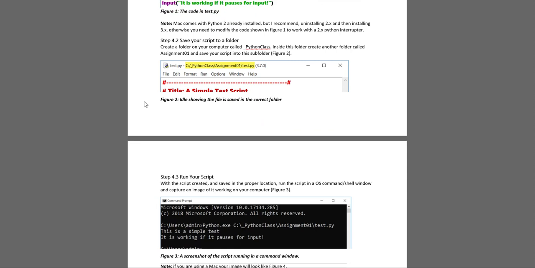So your environment operating system is going to determine some things about this assignment, but in both cases, I want a subfolder called underscore Python class, and then a subfolder under that called Assignment1, and that's where you're going to save this test.py